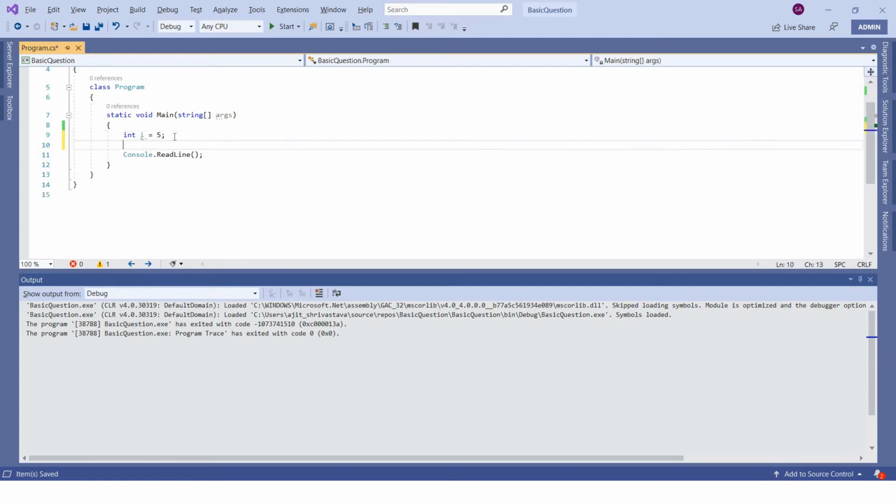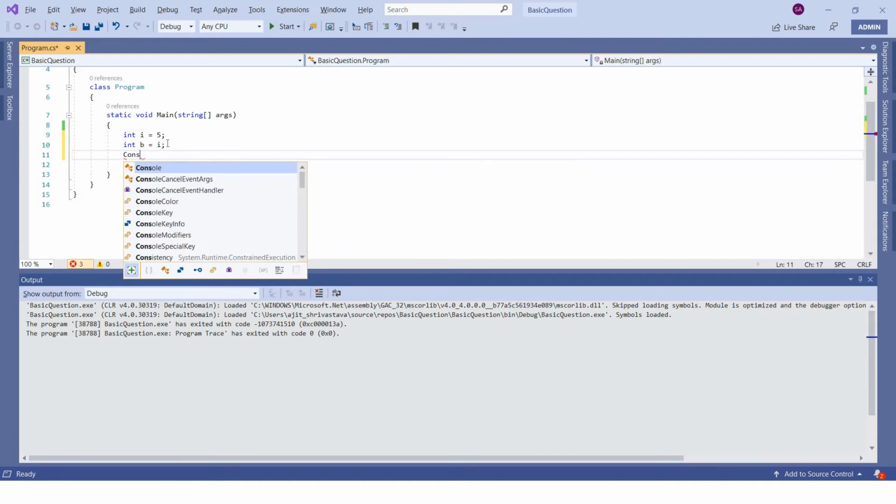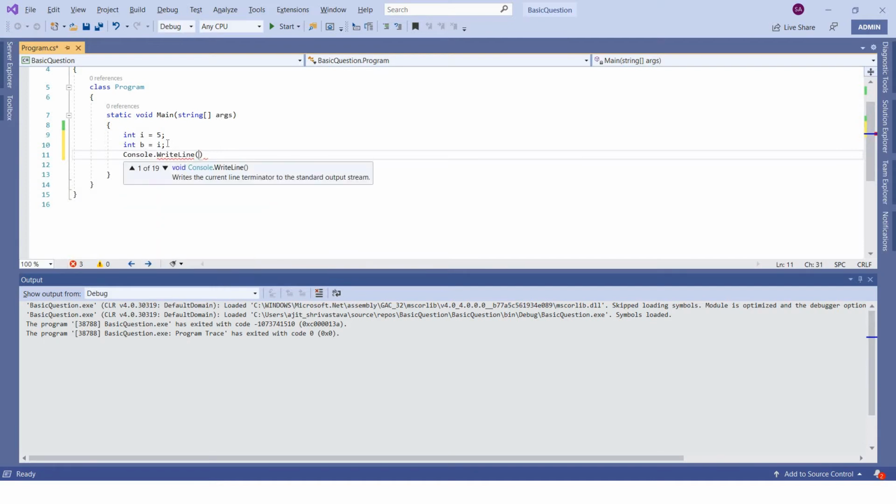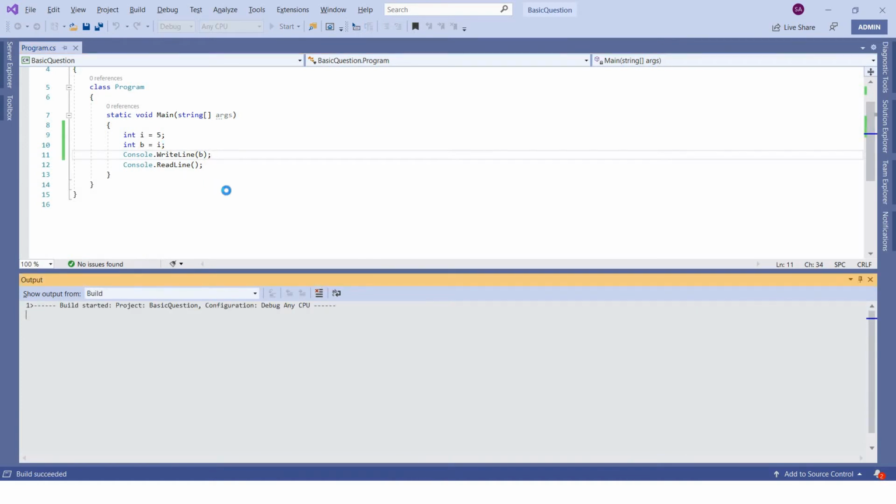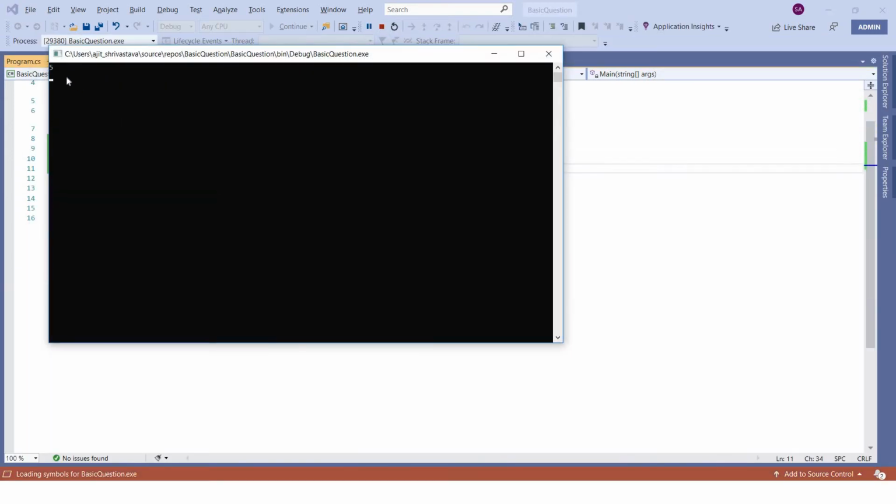It can also be used to assign a variable to another variable, like int b equals i. First we are assigning 5 to i and then i to b, so b will get a value of 5. If you want to print that, press F5 and you should be able to see value 5 there.